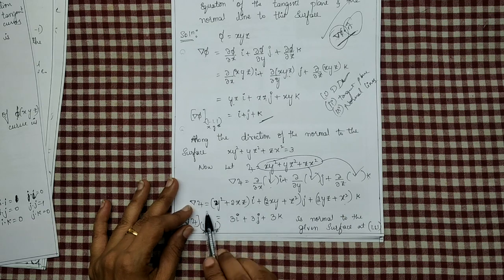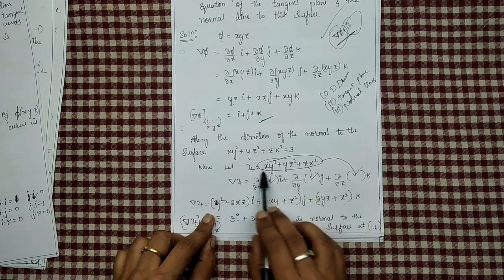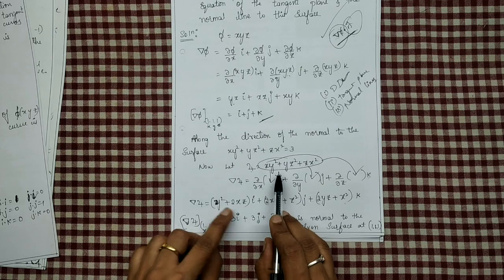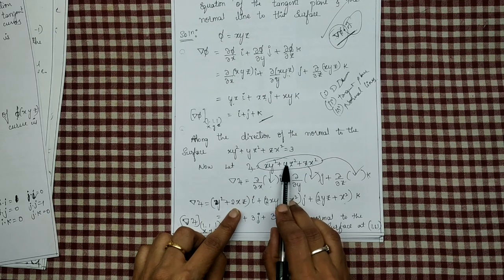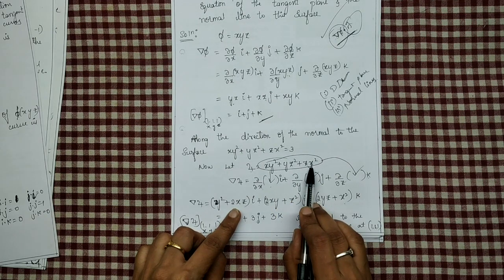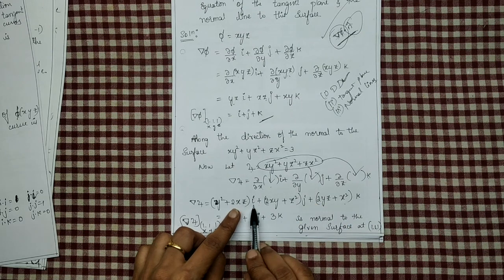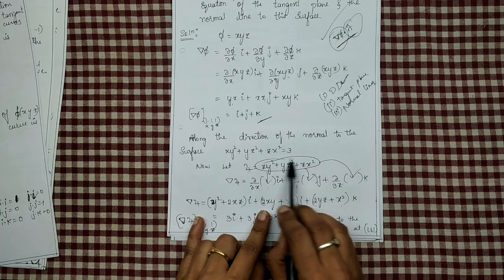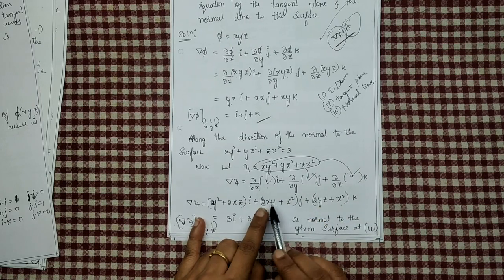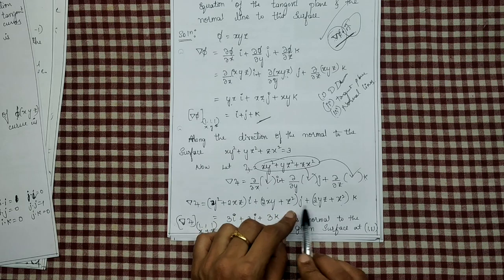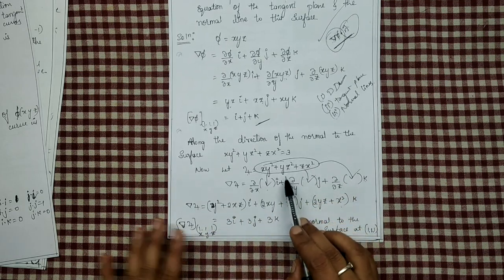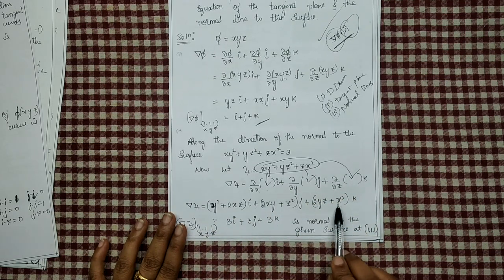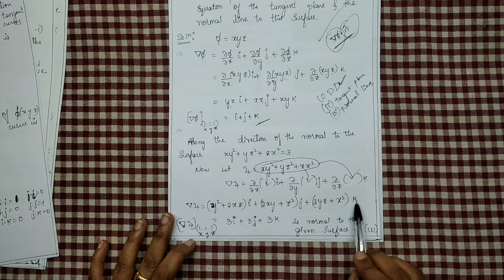Okay. Now, del psi is equal to what? Again, differentiate this with respect to x. x differentiation is 1, so it is y square plus, x is not there, 0. Here x is there, x square differentiation is 2x, 2xz into i cap plus. Again, differentiate this with respect to y. So it is 2xy plus z square into j cap plus differentiate this with respect to z. z square is 2z. So it is 2yz plus z differentiation is 1, that is x square. In this term, z is not there. So it is 2yz plus x square into k cap as it is.